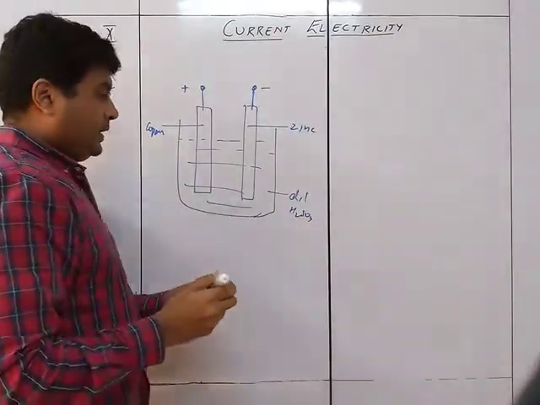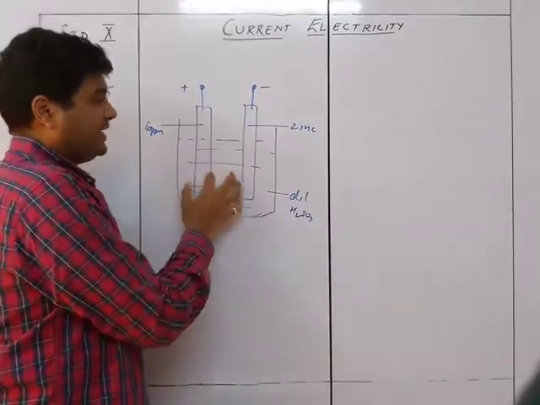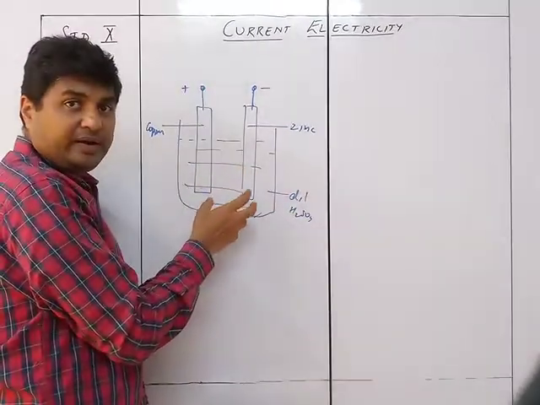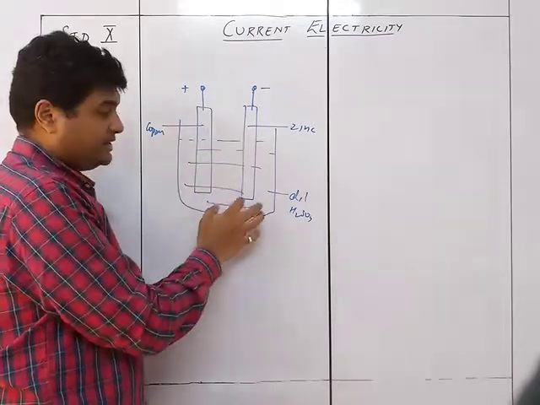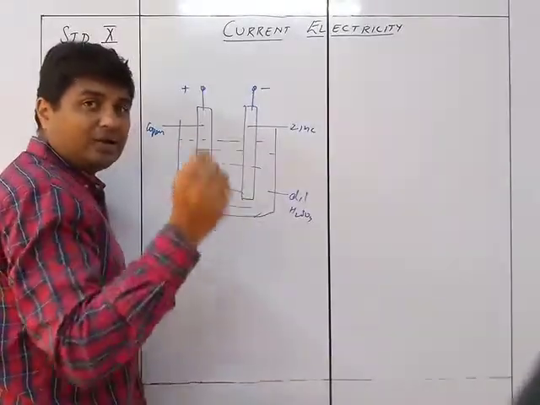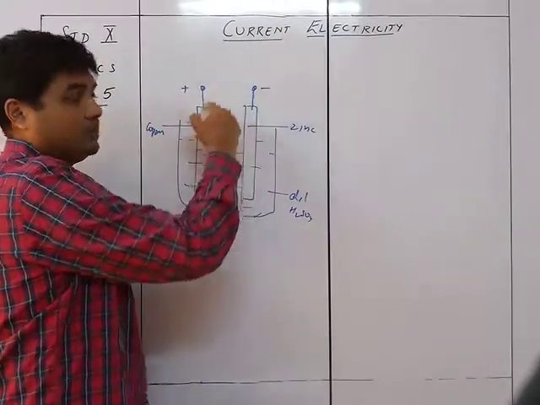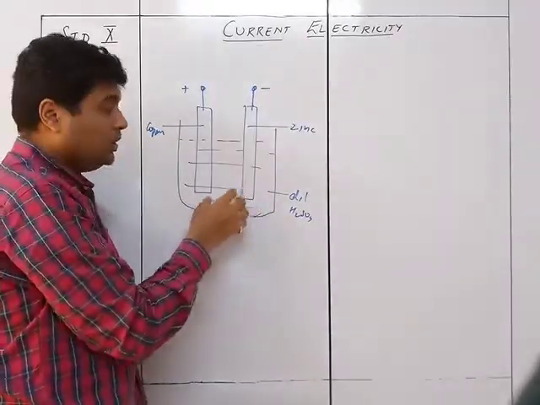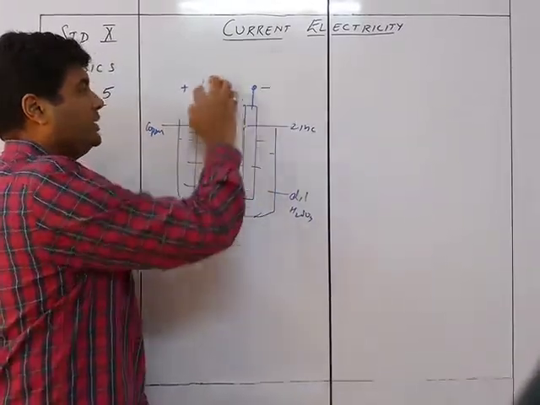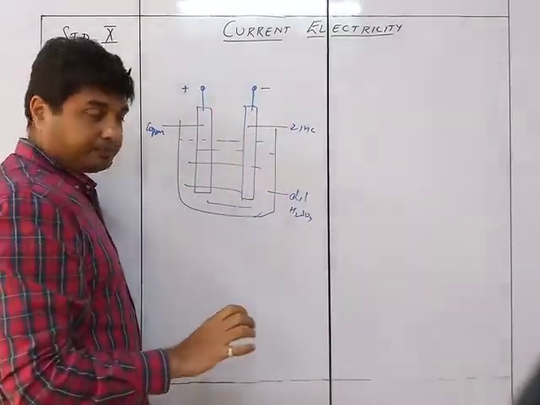So due to the presence of this acid, there is going to be a potential which will be generated, because this is going to keep on giving the electrons over here. So that's why the electron will keep on flowing from here to here. So when this is a battery, the electron will flow from here to here, hence the current will flow from here to here.